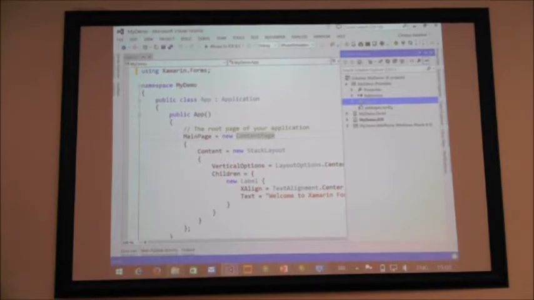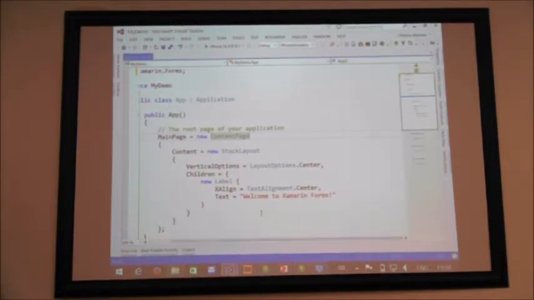As you can see here, there's a main page, which is our starting point, and then we have a content, and in that content we put a stack layout. Within that stack layout, we have one label. So if we change that to say,